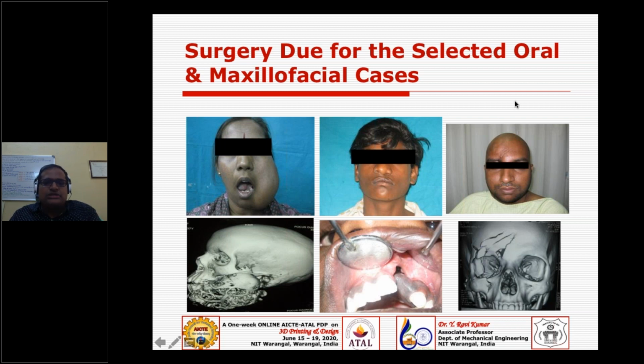FDM is the slowest process among all the polymer printing. So it depends on the time. In an emergency case, they won't give you much time. If you want to print a skull, which we showed you during the lab session, Narayan Reddy showed you the 1:1 skull, it took us 1.5 days to print. Then removing the supports, if there are any, and post-processing, at minimum it will go up to 2 days.